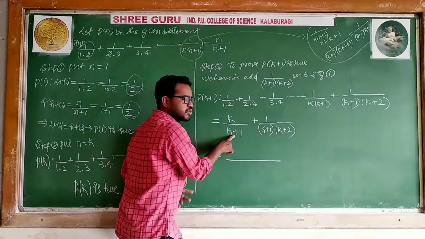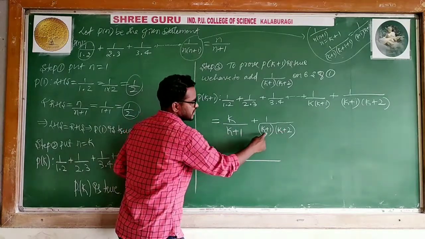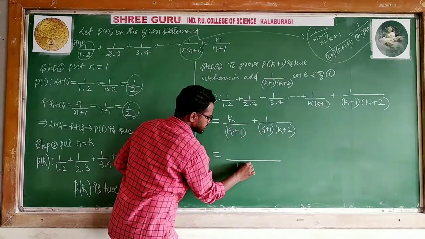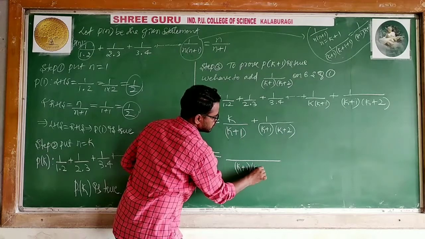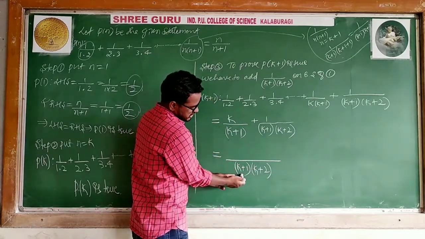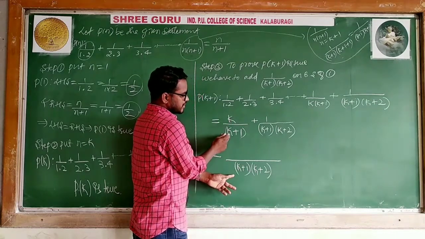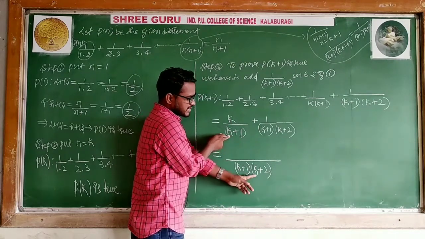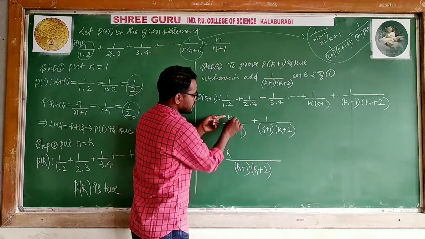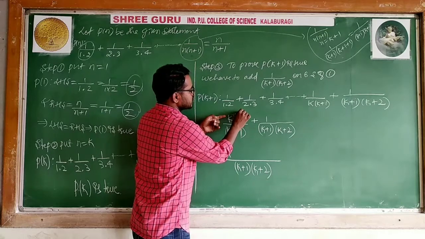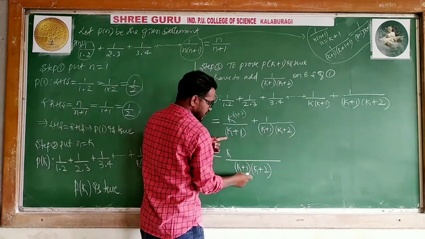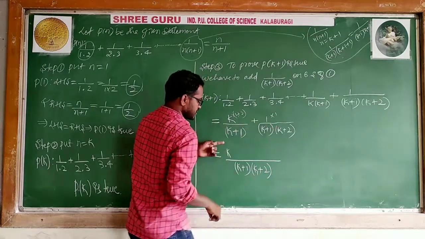This is also k+1. Don't write it again and again. (k+1) here and (k+1) here again, and with (k+2) I can take (k+1)(k+2) as the LCM. If you want to multiply, the LCM is (k+1)(k+2), but for k divided by (k+1), the LCM has (k+2) extra, so you have to multiply. Means k is there, here you have to multiply k+2, because the denominator is k+1.